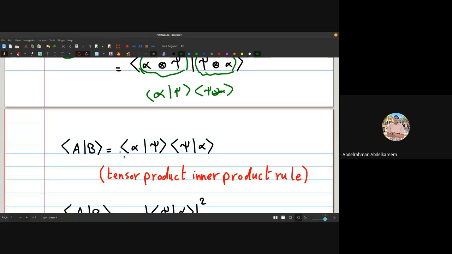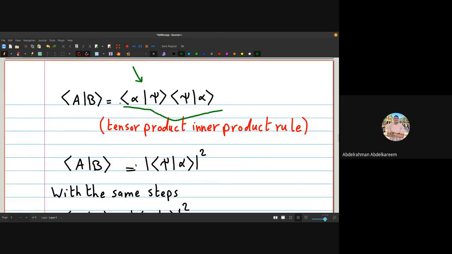Okay, so we end up with this state. And we knew the inner product is a similarity check, so it's a scalar value. So it doesn't matter if it's alpha inner product psi or psi tensor product alpha, it's the same. So it will be the magnitude squared of the inner product of psi and alpha, or the other way around. Okay, so we found out that the inner product between A and B is the squared inner product between psi